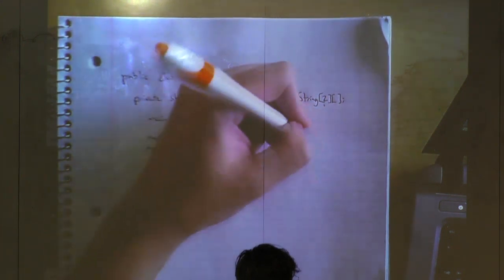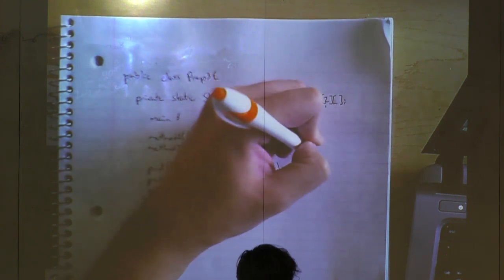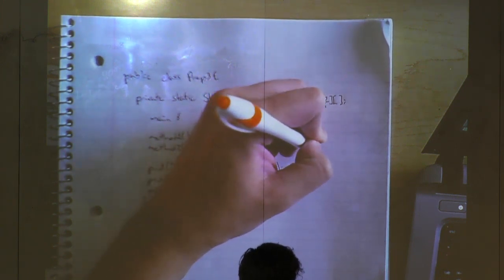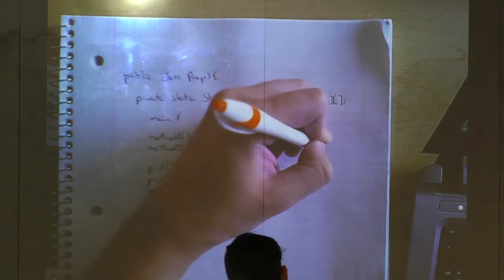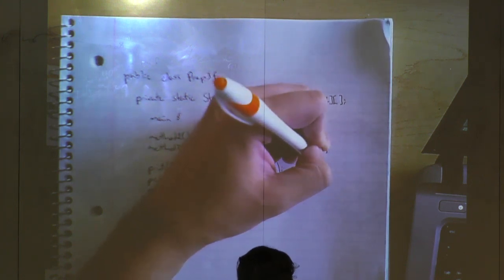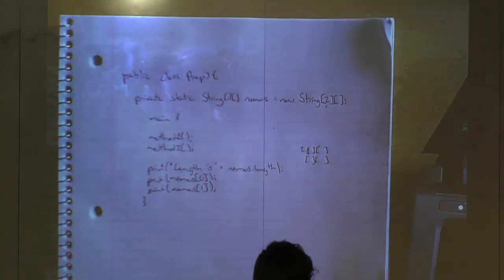So it's going to make an unknown number of rows, but it will be, I guess, 2 columns if you're looking at it this way. And it calls method 1 and method 2, and then wants to print